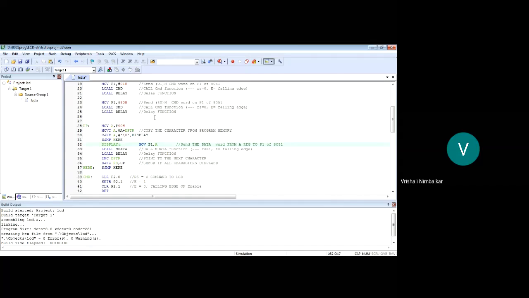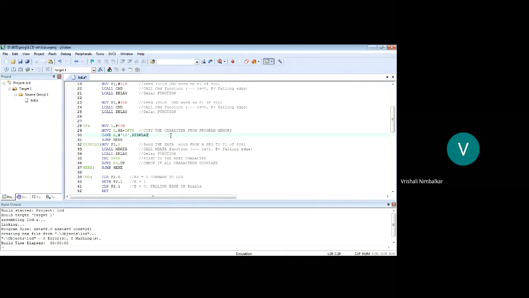That label should come to MOV P1, A. And the other thing is, activate the control signals, call the busy delay function, increment the DPTR, and so on. So this modification, CJNE A, comparing with null, will now allow your program to display any message of any length.